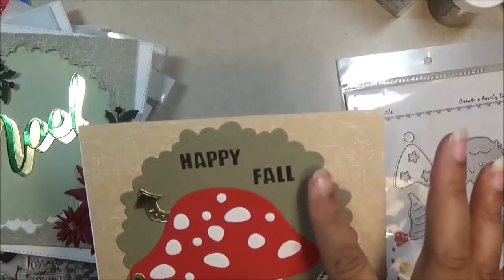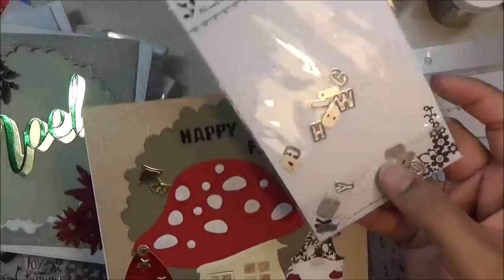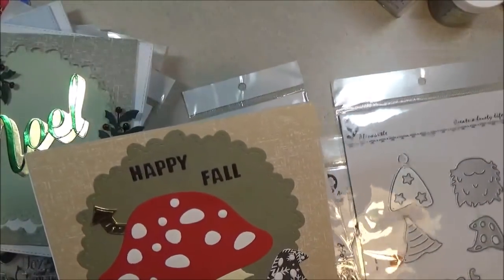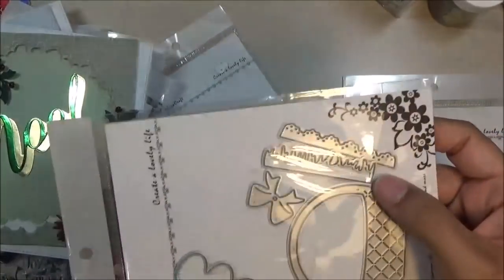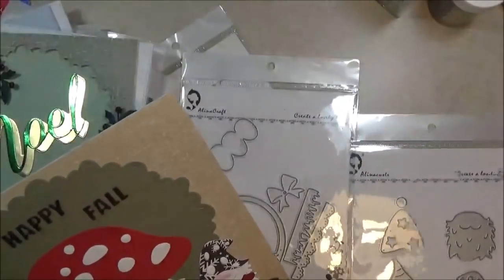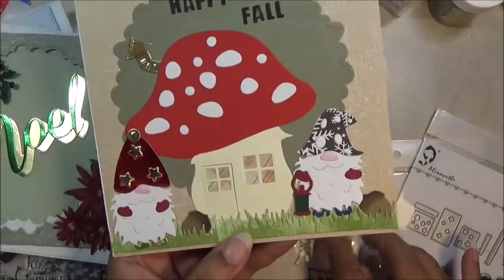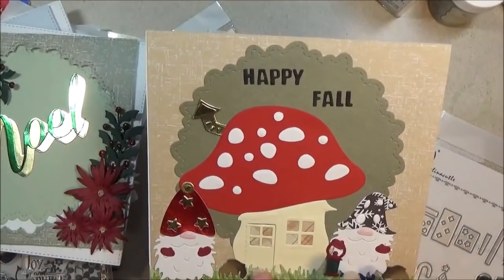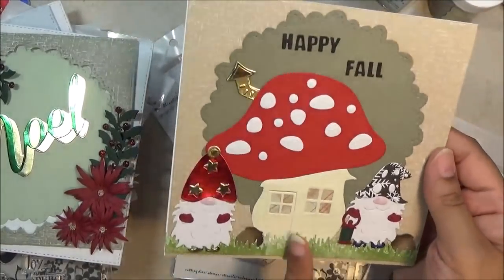And then for the happy fall sentiment, I use these little tiny letters from her shop. So really cute there. And then for the grass, I use this grass from this basket set. So I think this is still in her store. I hope so. If not, there is another grass die that can do the same thing. It's longer. But I use that to layer all the different grass for this scene card for the happy fall